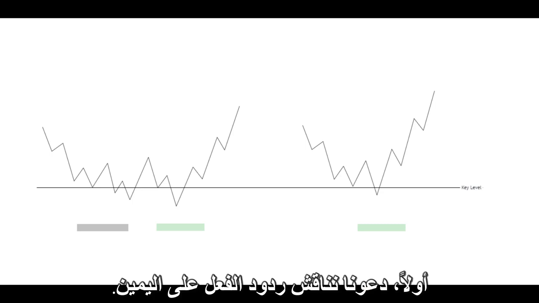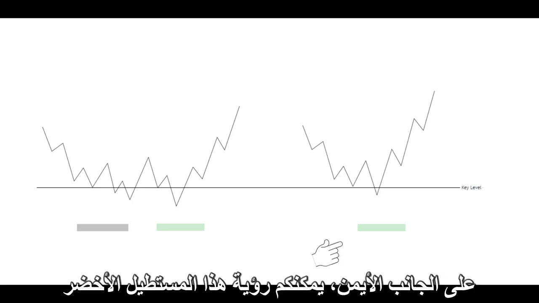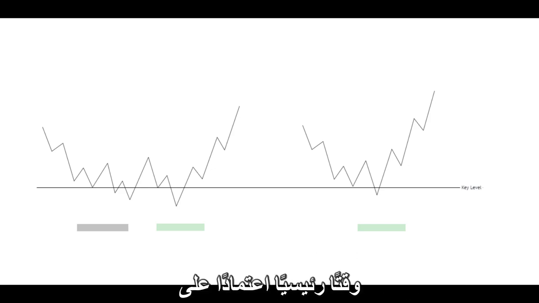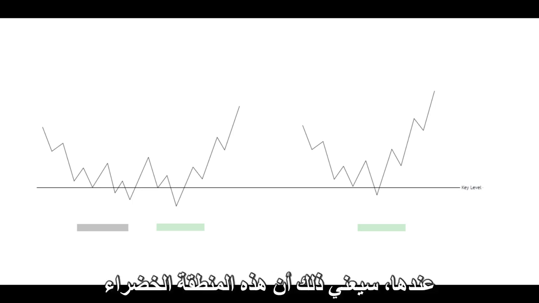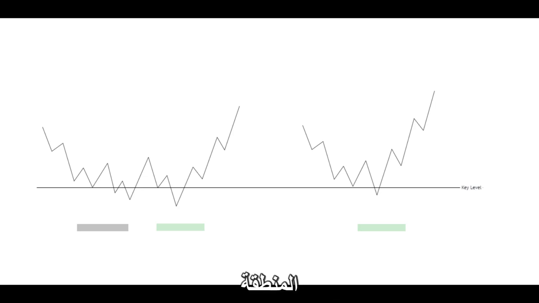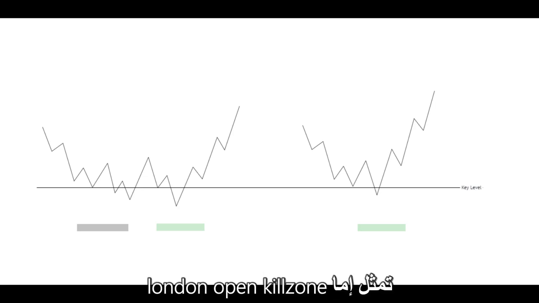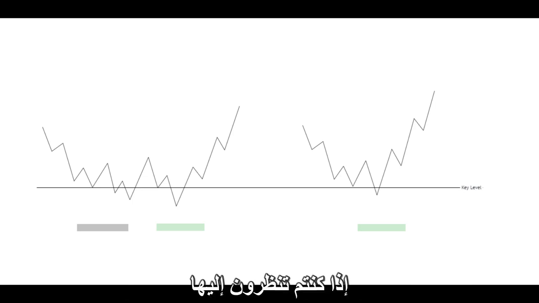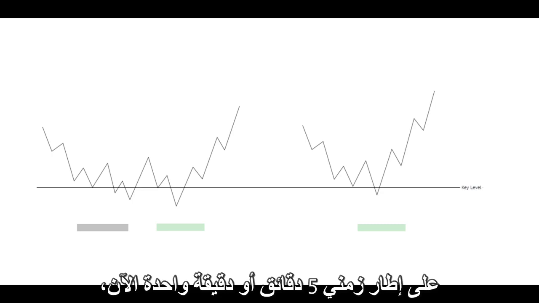First of all, let's discuss the reactions on the right. On the right side, you can see that we've got this green rectangle in the bottom, right? And this basically represents a key time depending upon its time frame, right? Let's say if we are looking at a 15-minute time frame right now, then that would mean that this green area represents either the London Open Kill Zone or New York Open Kill Zone or any other key time of the day. If we are looking at it on the 5 minute or the 1 minute time frame right now,